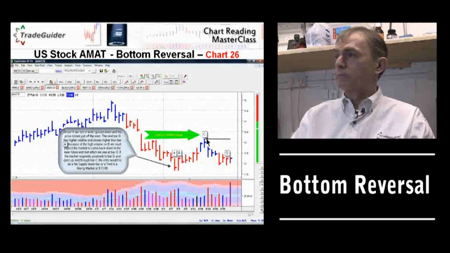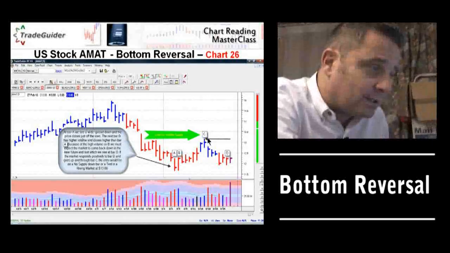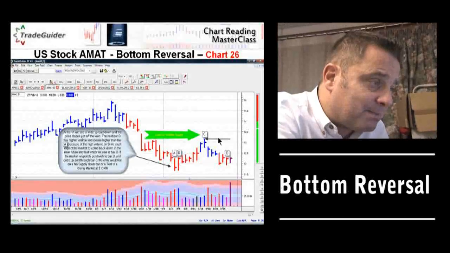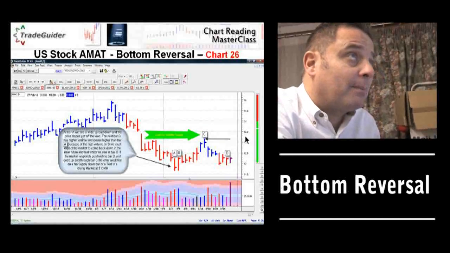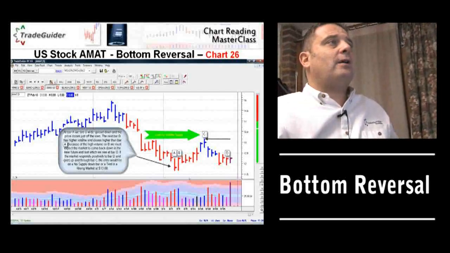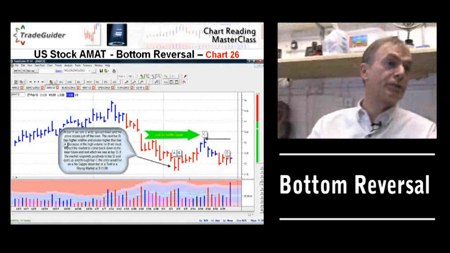Well, actually, when we see this bar here, where this was first acting as resistance, if it comes back up to there and pushes through it, and then comes back down to C, to that price area, and we see a clear no supply bar, which we'll talk about later, that is another great place to enter a trade. Don't be frightened to get back in. We should also just point out again that we ignore the volume on that last bar, don't we?